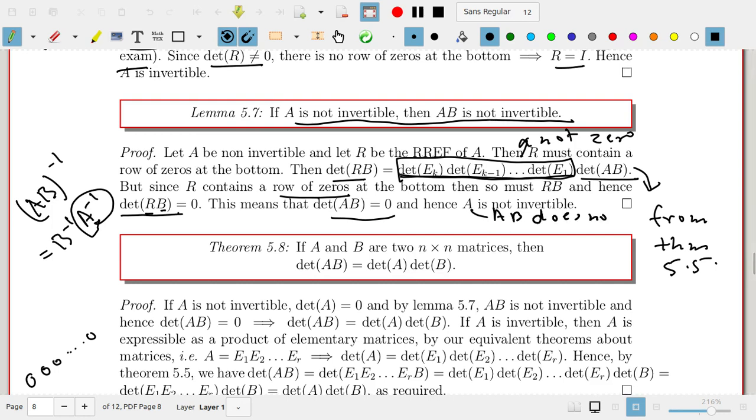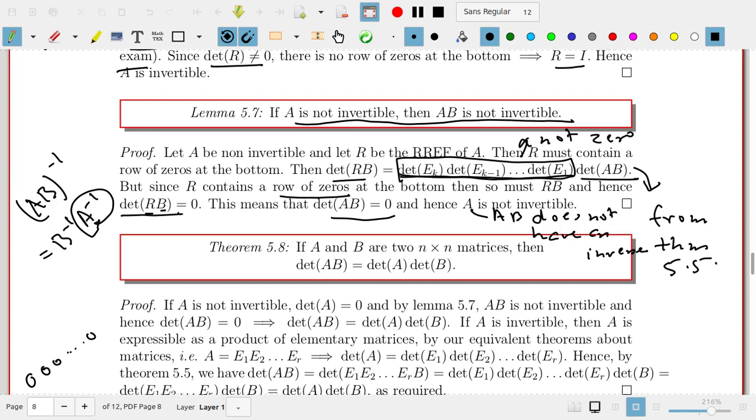Does not have an inverse, right? So now what we're going to do is we're going to prove a very important theorem about determinants, which is that